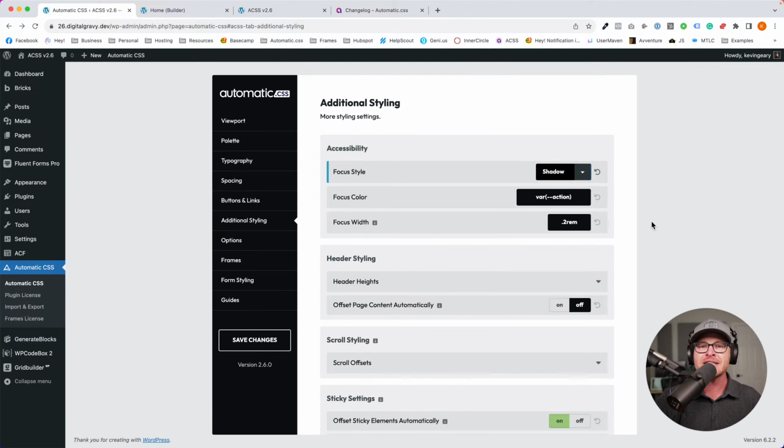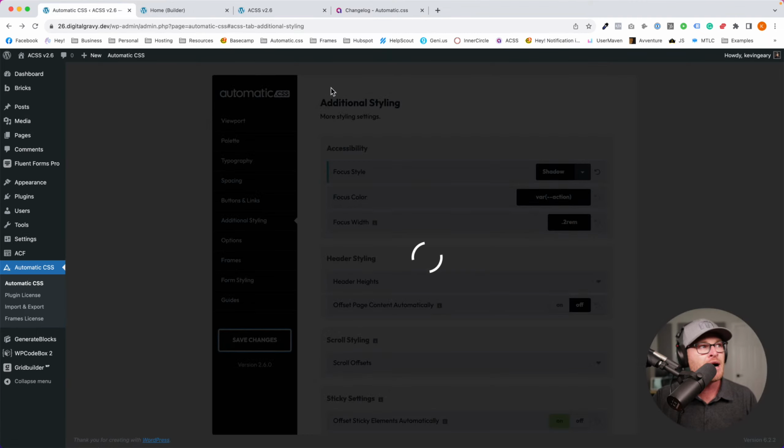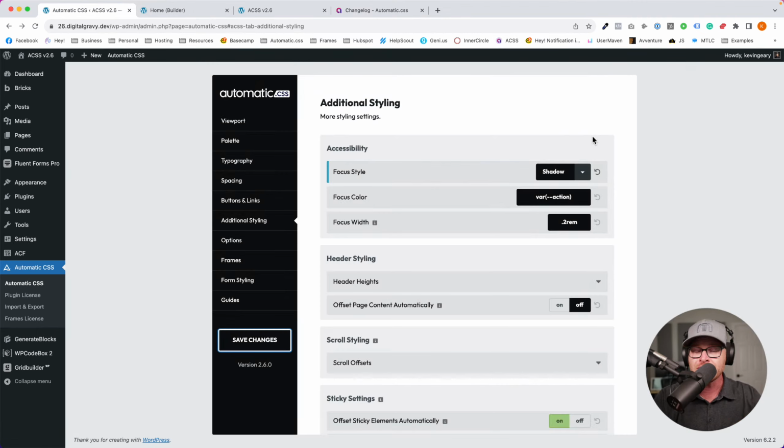The other problem with outlines is that if you notice, like maybe in an accordion where there are no gaps between the accordion items, when you keyboard navigate those, part of the outline is going to be hidden below the next accordion down, and it looks like a broken outline. Shadow doesn't really have this problem as much. So shadow does definitely have some benefits. Now you can switch over to shadow, and you can still choose the width of your shadow, which is good. Now that you know that, we can go talk about clickable parent because this leverages that a little bit.